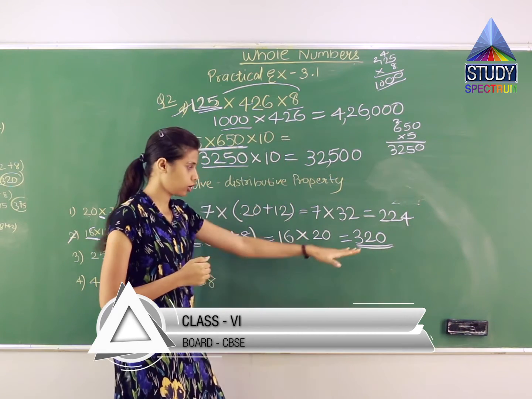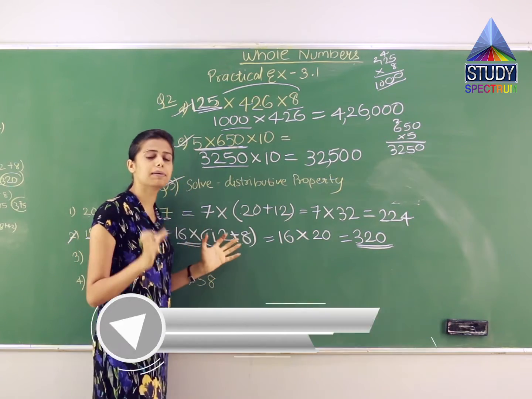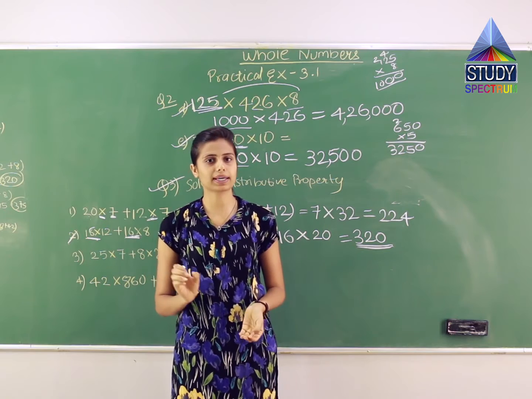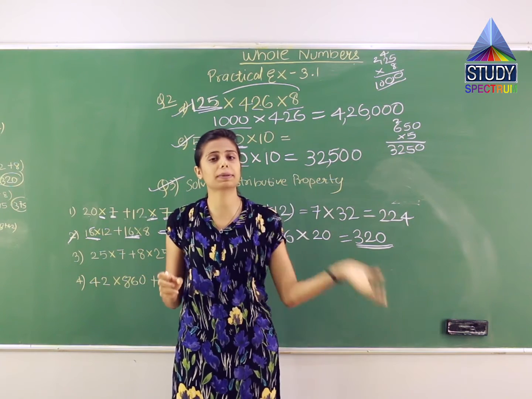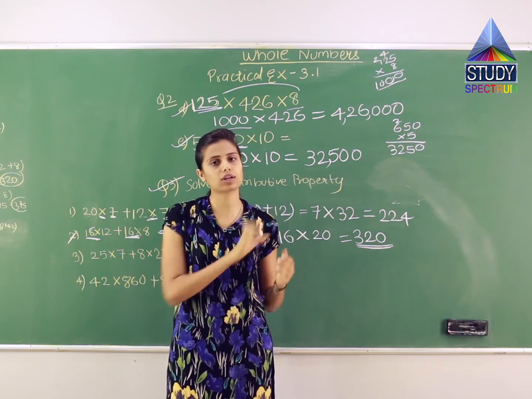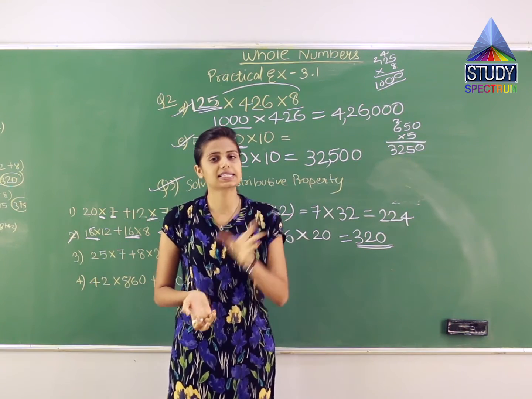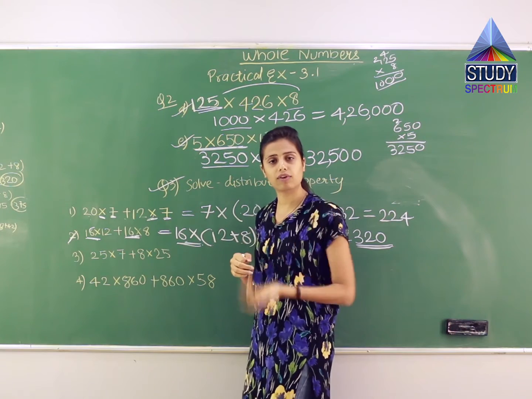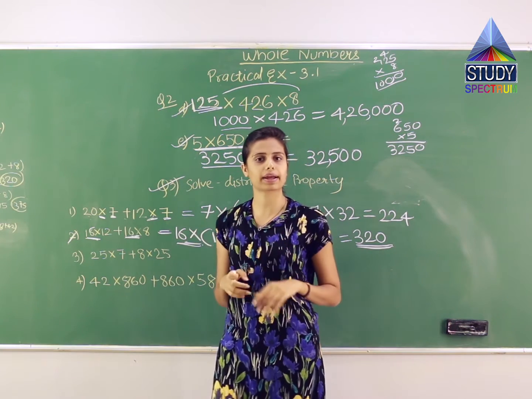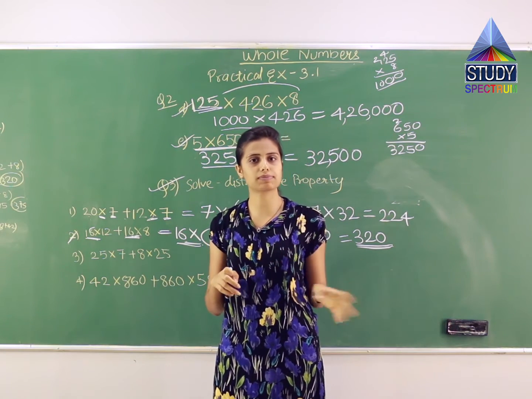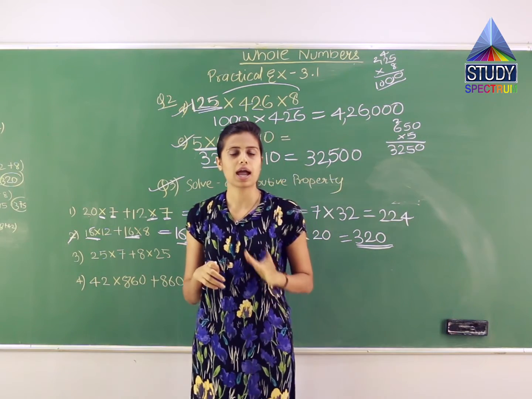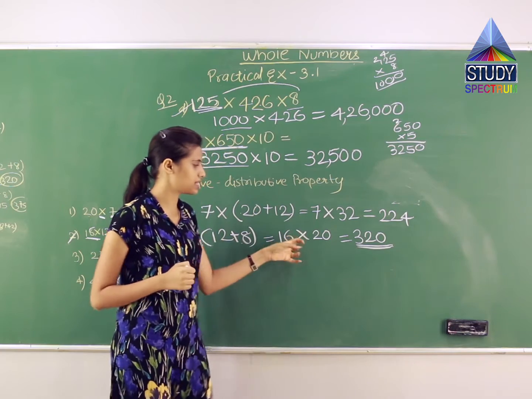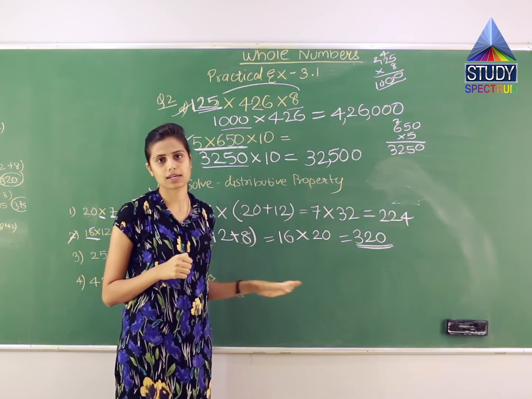320. So clear with this, what we have done? Simple. We have done the reverse of the distributive property. What does the distributive property say? That whatever is outside the bracket should repeat. So if something is repeating, it should come outside the bracket. Same like that I have done. What is repeating I put outside the bracket, and the ones which are not repeating are inside the bracket. Then by BODMAS method, we will solve the bracket first and we will multiply the numbers which we get, right? Like here, we multiplied 16 and 20 and found the answer.